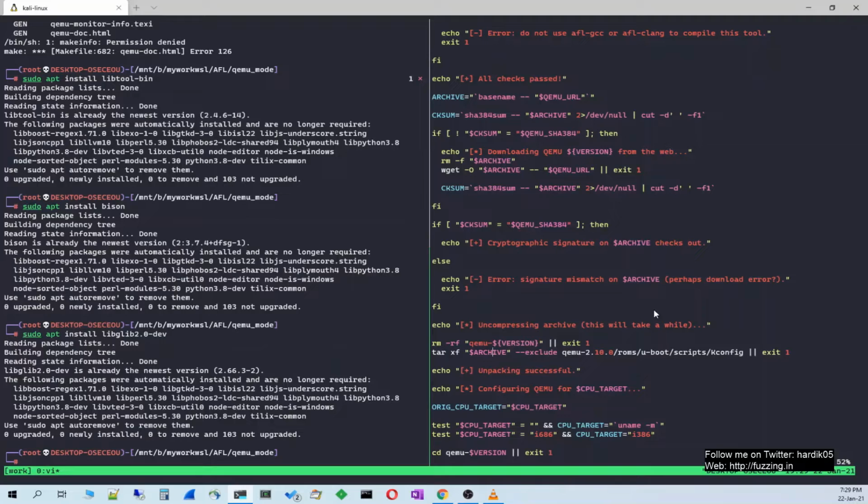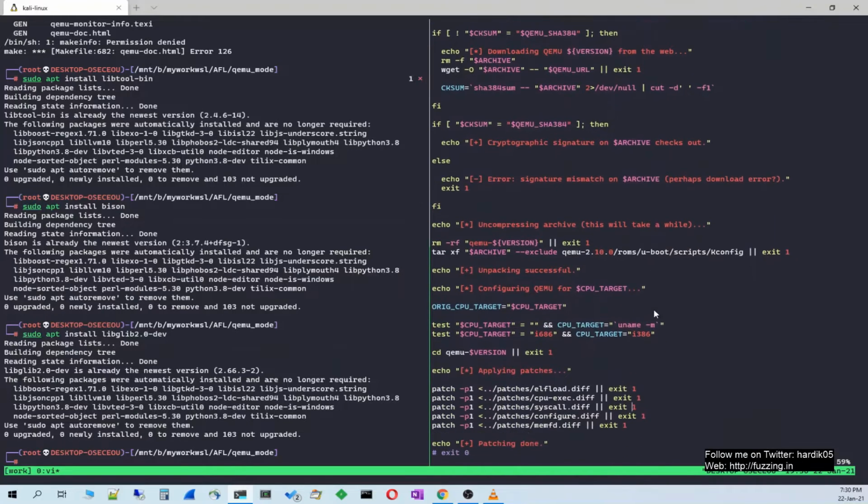So you can add this to your build QEMU support.sh file, that is, exclude this particular file Kconfig over here, otherwise you will get some error. So this command, this change, patch file, etc., I will be mentioning in my GitHub repo and in the description section of this video, so that you can go through that.